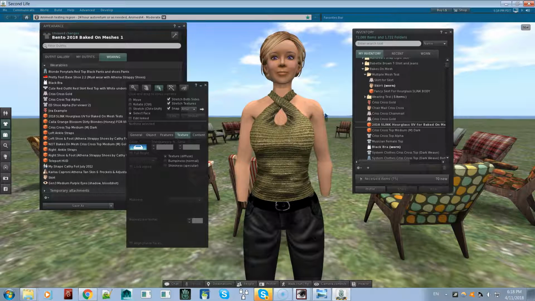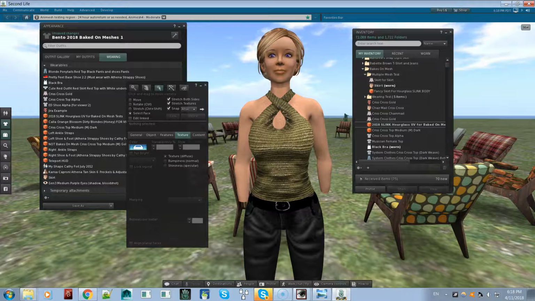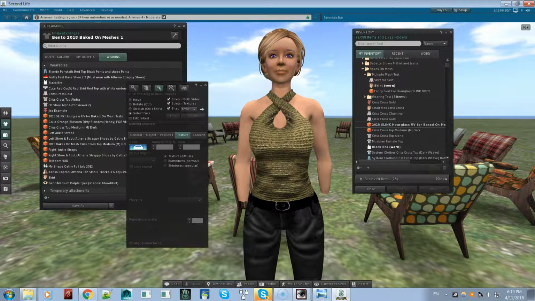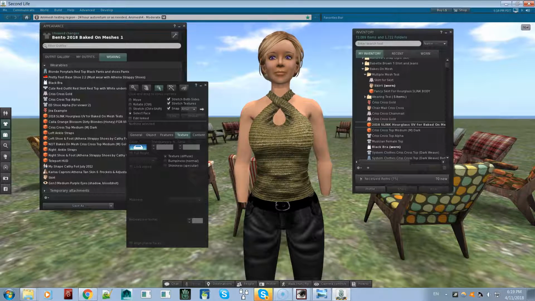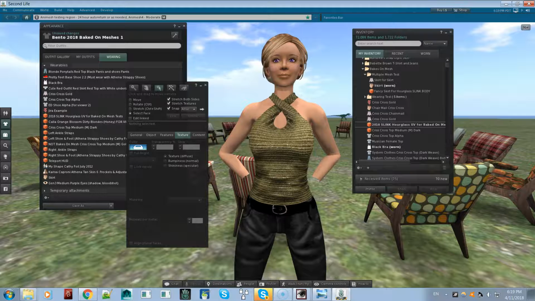Do I think it's going to get out in 6 months? It might be close to 6 months. It could be 8 months. It could be 10 months. It could be a year. You don't know. You don't know what's going to happen. But if everything went really smoothly, and Linden Lab, when Animesh gets done, puts all those resources into Baked on Mesh, and that there's no unforeseen problems